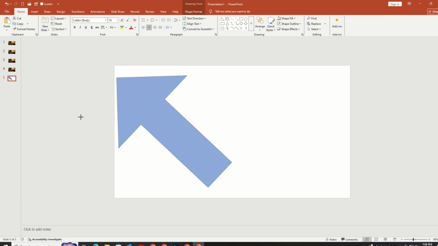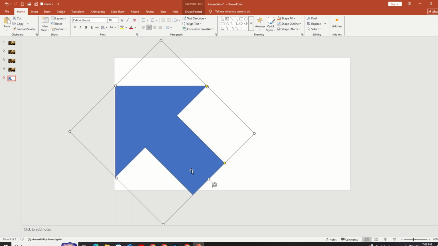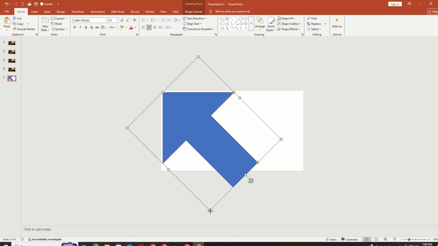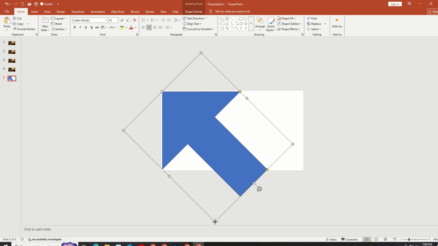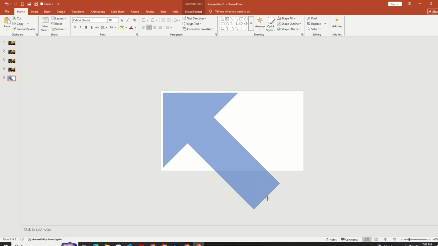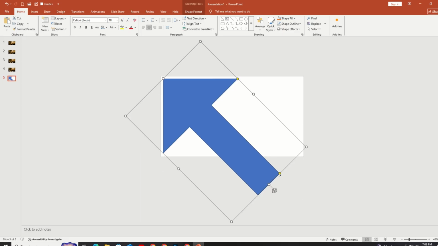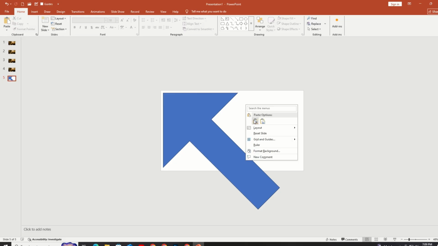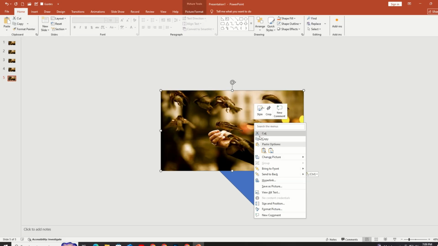corner of our template, and then we are going to increase the arrow size and put it up right here and increase its size a bit more so that we cover half of the slide with the arrow. And make sure there is very little space in between the two corners where the arrow is pointing towards. Now we are going to copy an image from the previous slide and then paste it on this slide